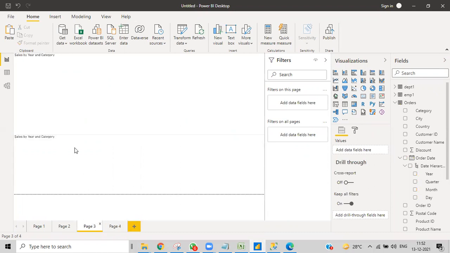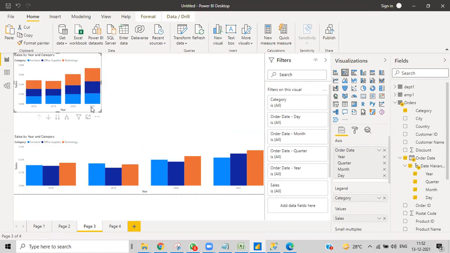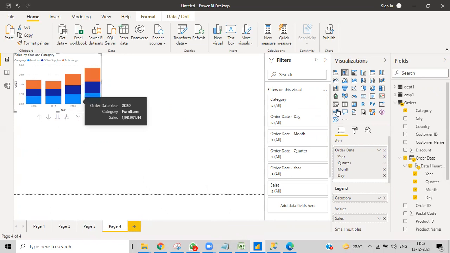We'll copy this one and then do that. I want to take this and turn this into a line and stacked column chart.